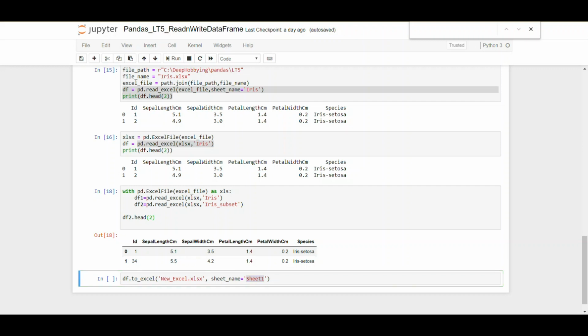Okay, that's the brief overview of what you can do with the input output API of reader and writer functions of Pandas. But you can read and write files from various different file formats. Please go through the documentation, and if you have any questions from there, please feel free to drop your questions,